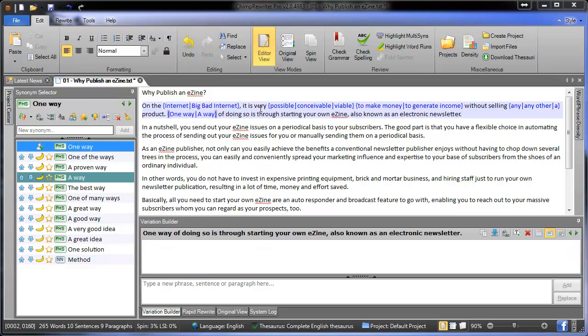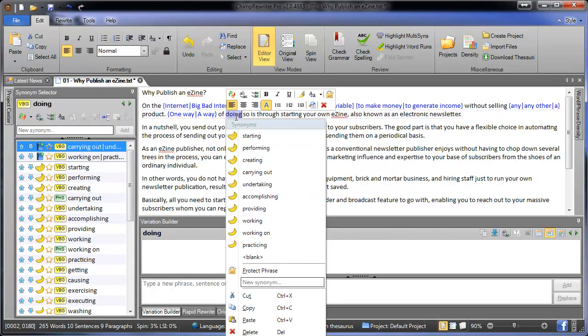The next spinning method is the right click. This is very similar to the synonym selector, but all we do is right click on a word and we get a list of synonyms. It will also show the weighting. It won't have part of speech, but it still gives you them in the order that you would see over in the synonym selector. There's a few other options here like you'd normally see on a right click, cut, copy, paste,